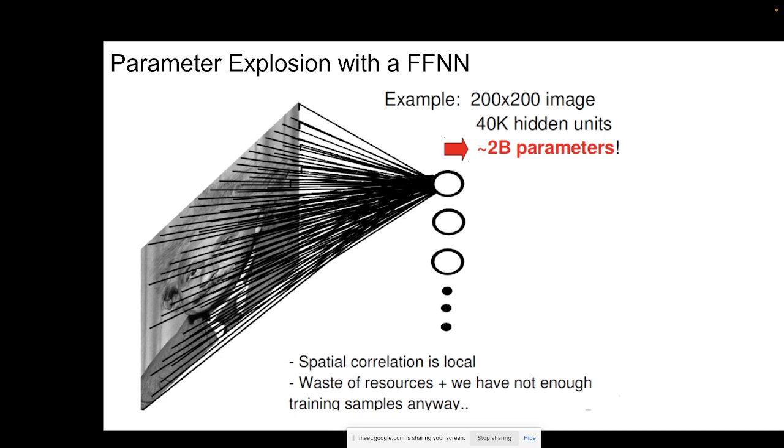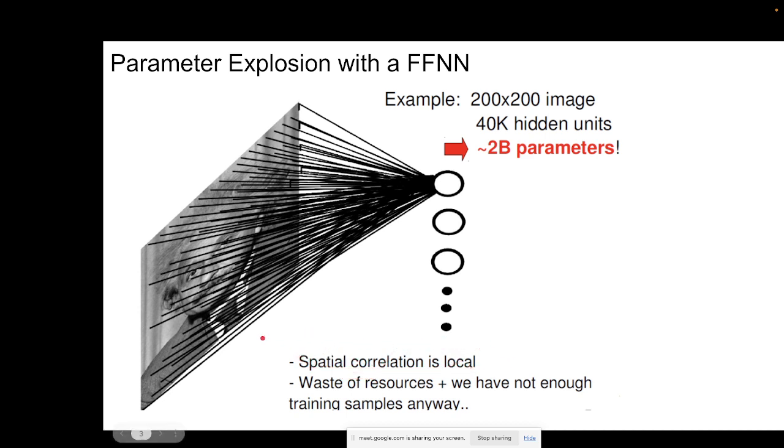How will you have so much data to train a model which has 2 billion parameters in a single layer? This is the problem with feed forward neural networks, and hence we need to move on from them and introduce something a little more sophisticated that takes advantage of this fact,